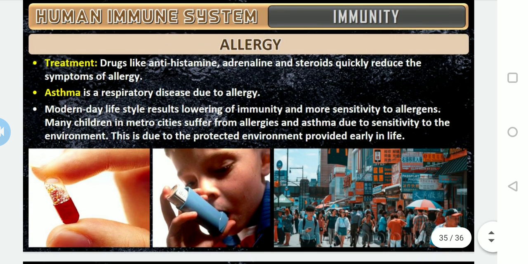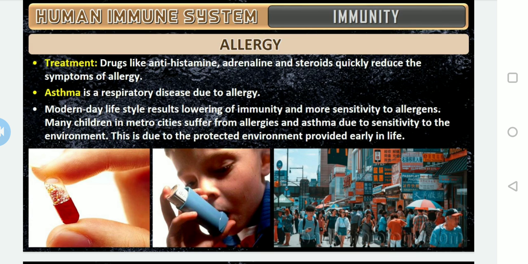The treatment: the drugs like antihistamine, adrenaline, steroids quickly reduce the symptoms of the allergy. Okay, so because in a number of cases, the blockage of the arteries and veins also happens. Okay, so to avoid further infection, they can treat with drugs like the antihistamines, which is a very quick